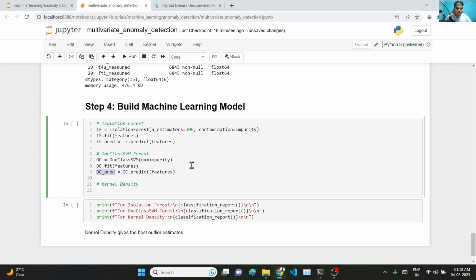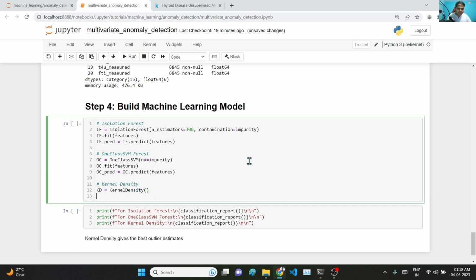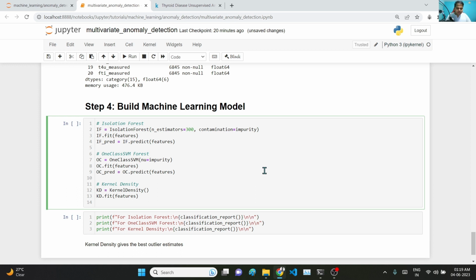So OC_predict will have the predicted values for one class SVM. Now moving on to kernel density, kd equal to KernelDensity, and then we will do kd.fit on features. So this will train the kernel density model, and now to calculate the threshold we will calculate the scores. So kd.score_samples, and here we have to pass features. So it will predict the scores for every row in features, and we have to